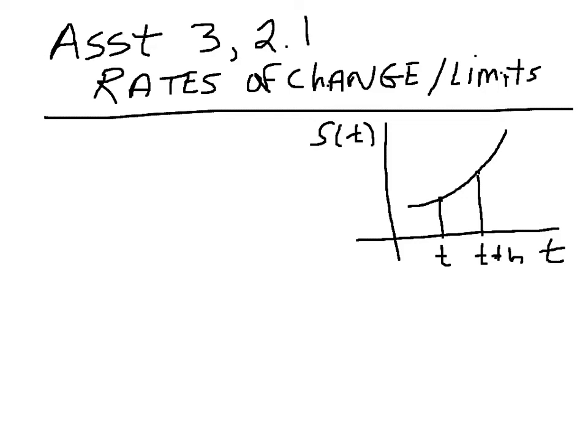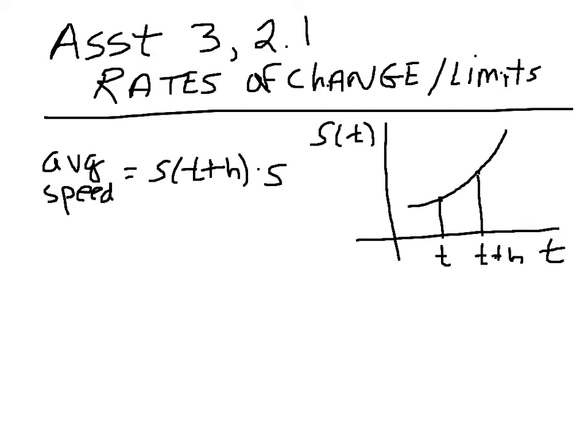I've got a graph that you see, and this graph is showing you the position of a car as we change time versus the position of the car. If I ask you for the average speed of the car between the two times t and t plus h, well, the average speed will simply be given by this expression. Average speed is equal to s of t plus h minus s of t